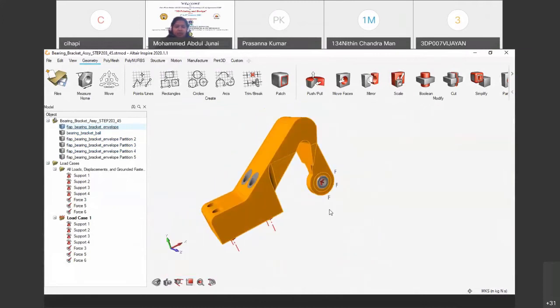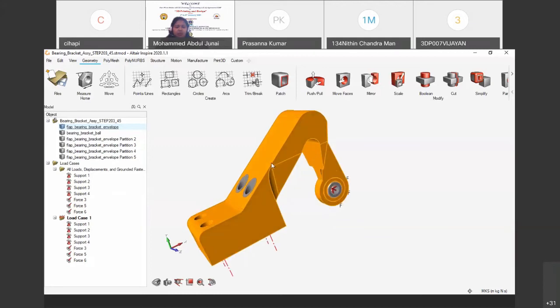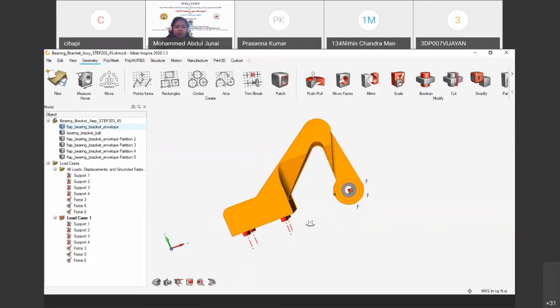When you apply the loads, the supports and then constraints, based on those constraints and applied loads, the first step it will do is perform static FE analysis. After performing all that, based on those results, it will try to apply the optimization algorithms and it will remove the material from the design space only.